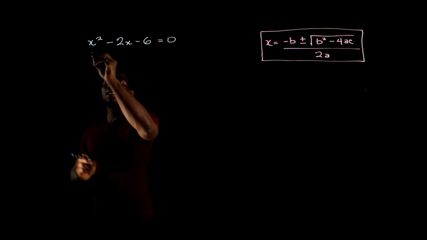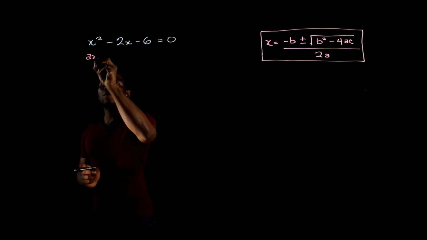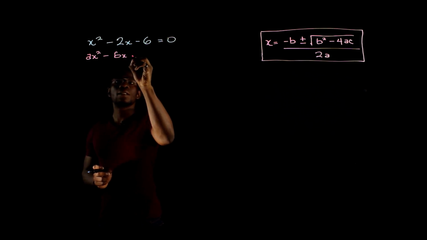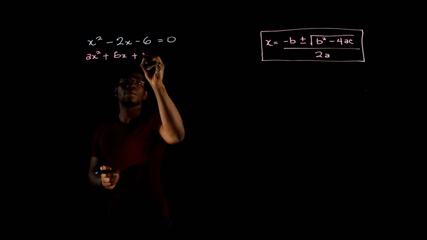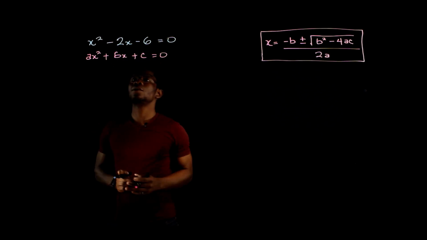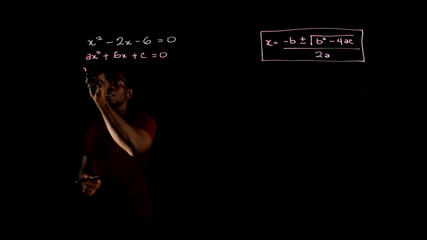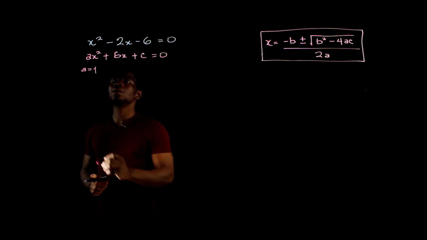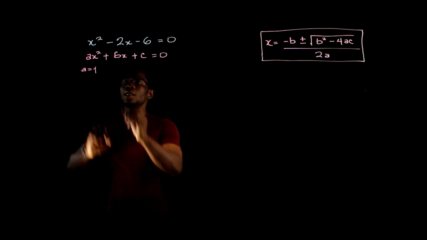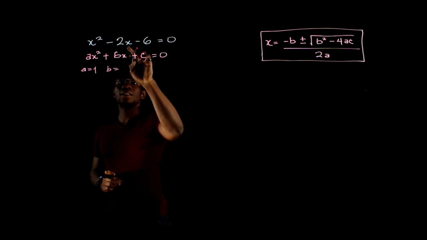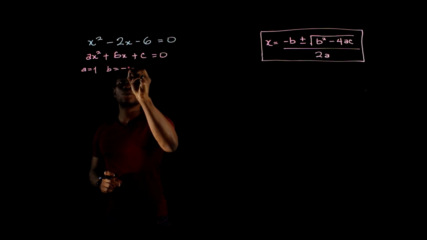We know that quadratic equations are of the form ax squared plus bx plus c equals 0. So if we compare that to what we have, we know that a is equal to 1, and b